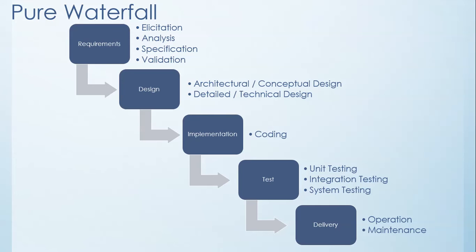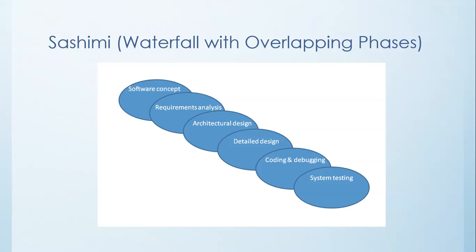Most of the weaknesses in the pure waterfall model arise not from problems with these activities, but instead from the treatment of these activities as disjoint with sequential phases. You can therefore correct the major weaknesses in the pure waterfall model with relatively minor modifications. You can modify it so that the phases overlap, you can reduce the emphasis on documentation, you can allow for more regression. Well, so first let's talk about the sashimi